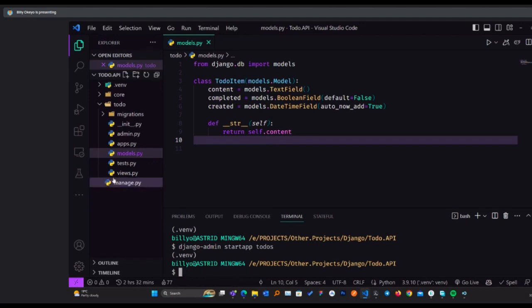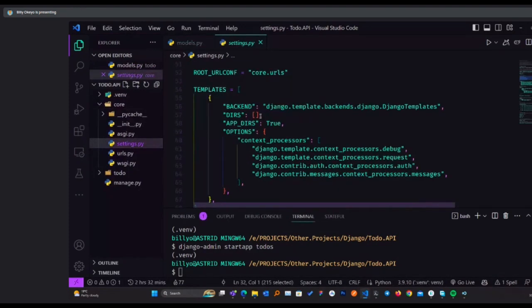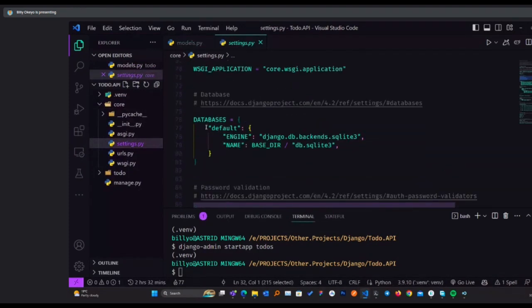So by default, these are the only files that we have. I'll just open settings.py, scroll down to our databases. You can see the name of the database is db.sqlite3. So in this case, you're using SQLite3 by default. Well, that's what Django uses by default, though you can have your own database that you wish. Maybe be it Postgres, be it MySQL Server, be it whatever that you choose, you can specify it here, but by default, it uses SQLite3.